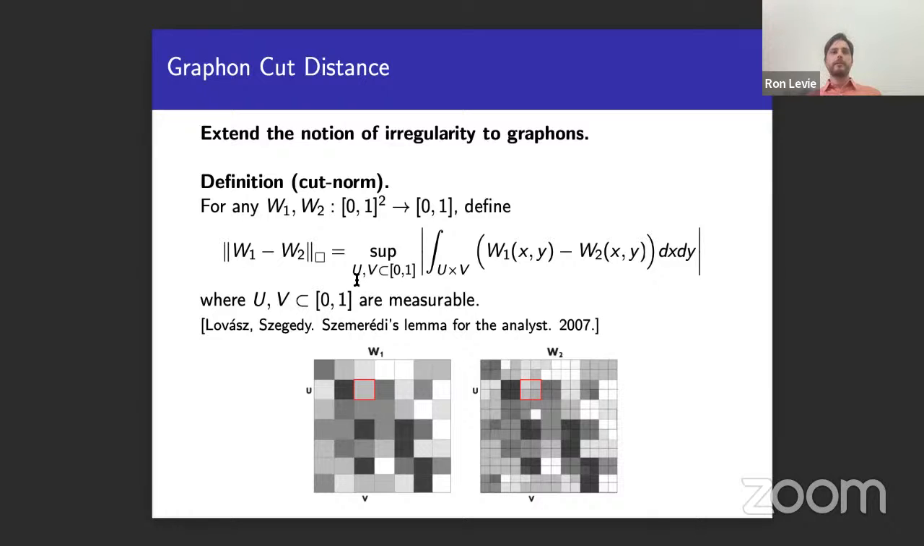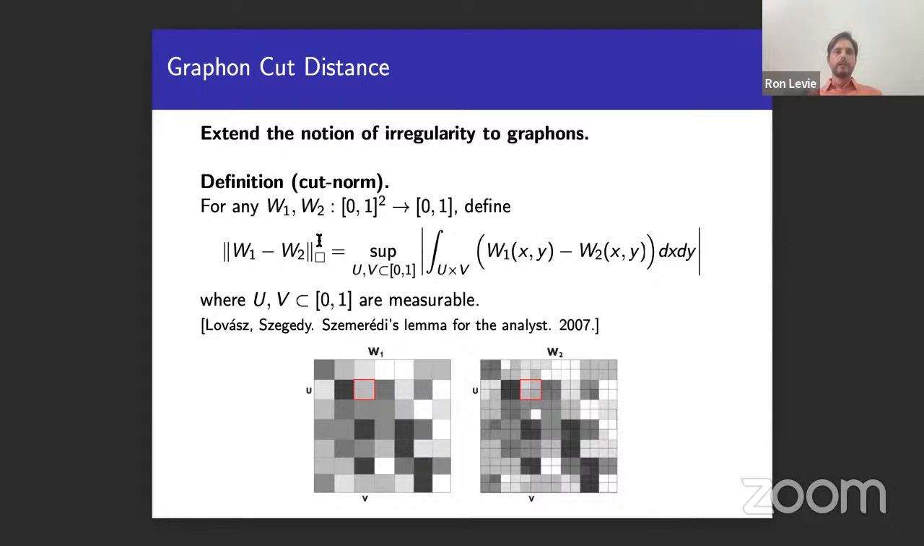Okay, so it turns out that irregularity is a special case. If you take W1 as a graphon induced from a graph, as a piecewise constant graphon from a graph, and W2 as a stochastic block model, namely a piecewise constant graphon that comes from a stochastic block model, then the difference between W1 and W2 in cut norm is exactly irregularity. Okay, so the cut norm describes how much the two graphons look like they came from the same stochastic block